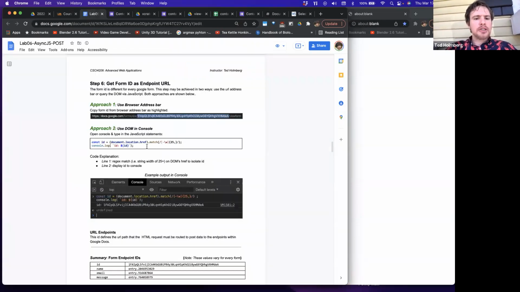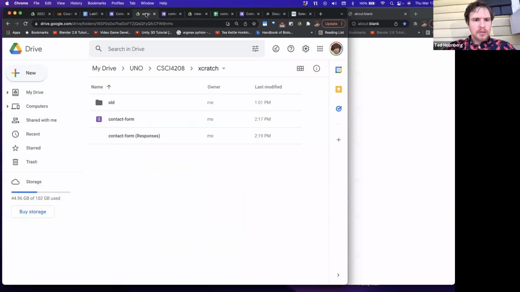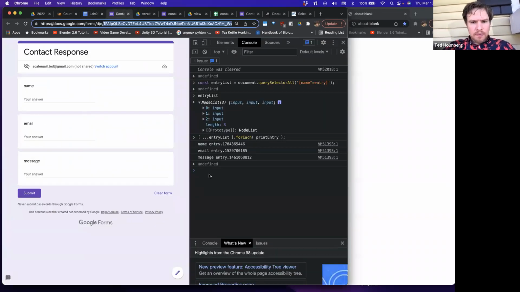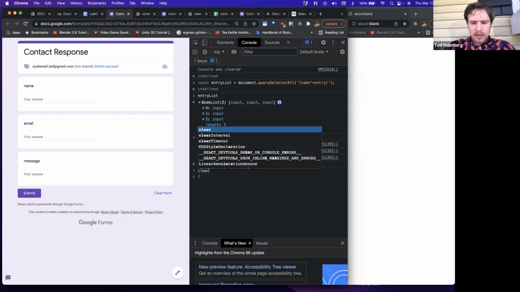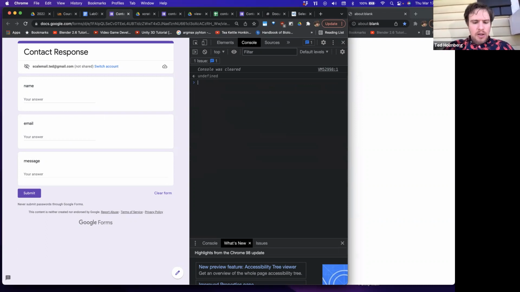Okay, so what's the other way we can do it? Well, I can create this function, and I'll actually walk through what this function is doing. So let me go back over here. Let me clear this, because I can always get that information back. Okay, so here I'm going to grab the ID. So how am I going to do that? I'm going to call